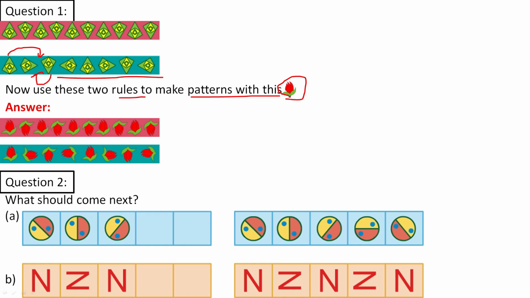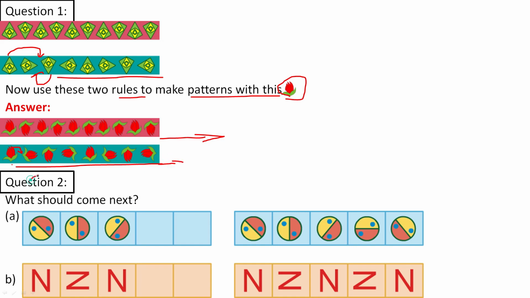How we are going to use this flower to make this pattern, like how the diamond they kept it here, the flower upward then downward, that means it is half turn, or we can say 180 degree. So up down up down up down, like that the rules we are placing the flowers. Second is 45 degree, we are rotating the flower to 45 degree, otherwise we can say it is a quarter turn. So flower up, then it is sleeping position, then down, again it is sleeping position. So in this way we are arranging the flower in pattern.